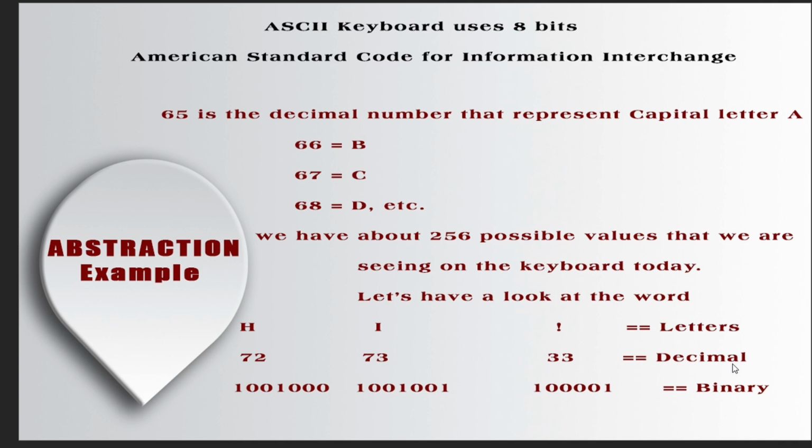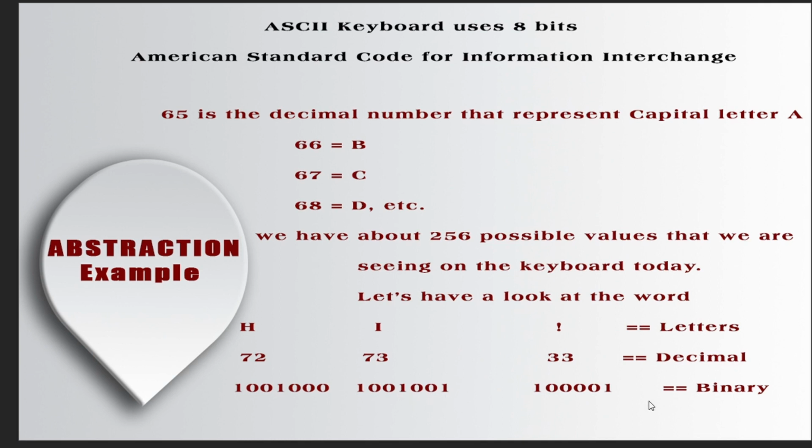All right. So now, over here, you are able to see that this abstraction that we have been talking about has taken the language which humans understand and made it understood by computers using abstraction. Now, what are the numbers under the hood in machine language? The letter H is represented by the number 72, but the number 72 in binary is 1001000, and the number 73, which is a representation of the letter I, under the hood in binary, is